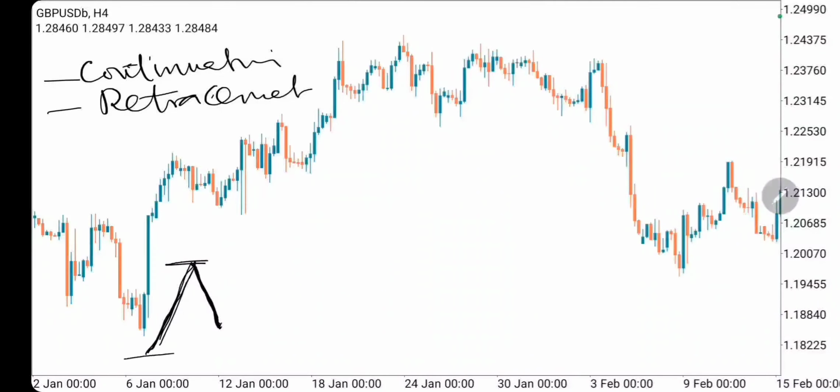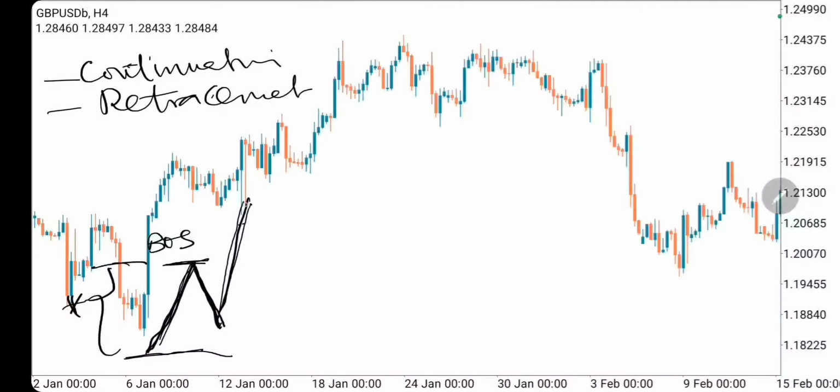This is the price range at this particular point in time the market has made. This is the highest point the market has bought, and this is the lowest price the market has bought. So this is actually the price range. Now the market does a retracement and breaks above the previous high. When that break of the previous high occurs, we have what is called the break of structure, because the market has broken out of this price range.